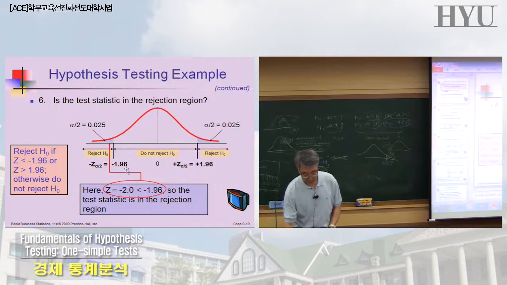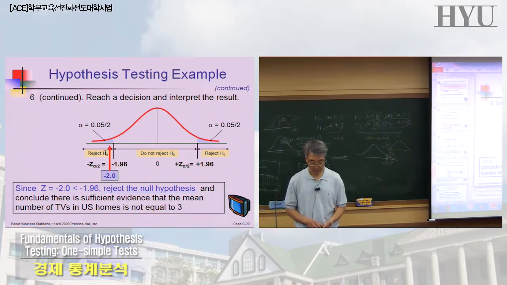The area between the two critical values is the area for not rejecting, and the areas outside the critical values are the rejection regions. This time our test statistic is negative 2.0, which is outside negative 1.96, inside the rejection region. So the conclusion is to reject the null hypothesis